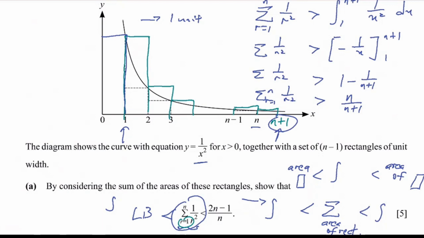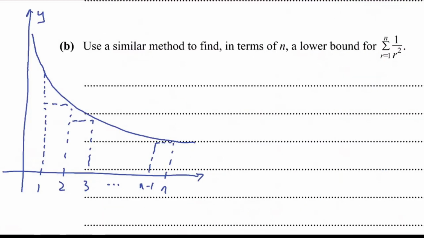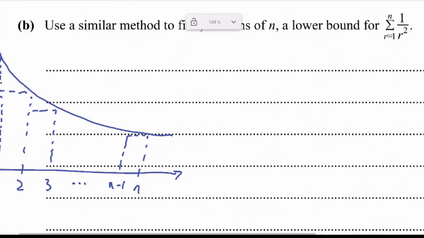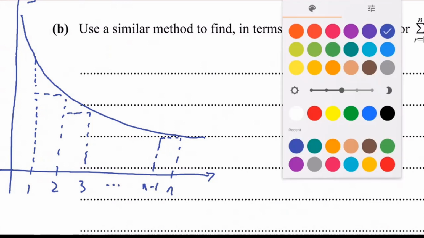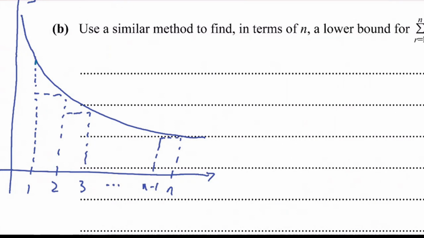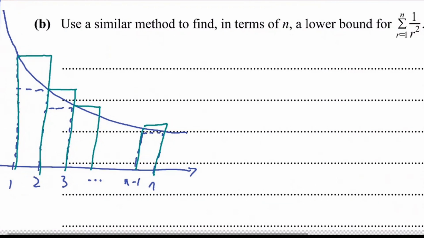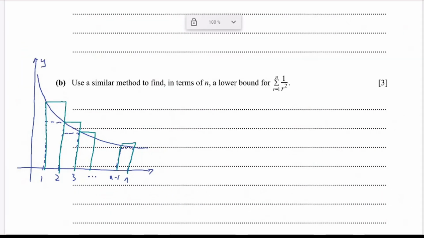Another alternative that we could do, which is also acceptable, yeah, if not, I won't go through it with you, is that we change the height of the rectangle instead. We don't push the rectangle, but we change the height instead. If we change the height, the rectangles become like this already. If we do this method, it means that the area of the rectangles that we are obtaining here,